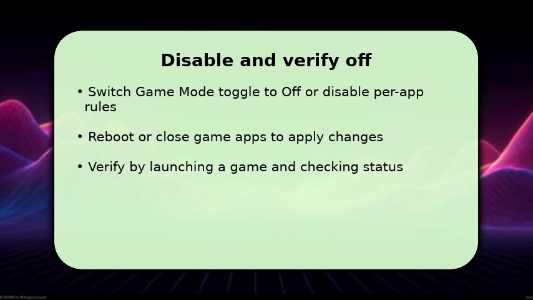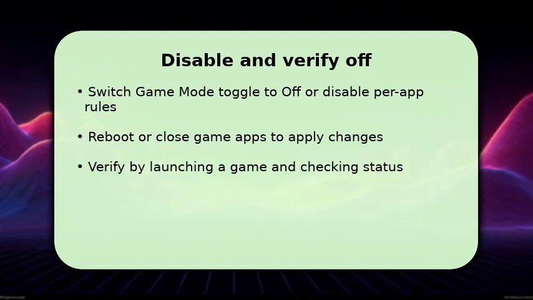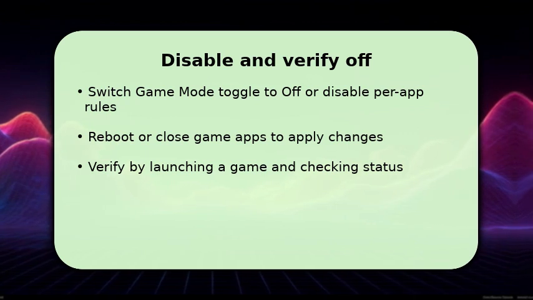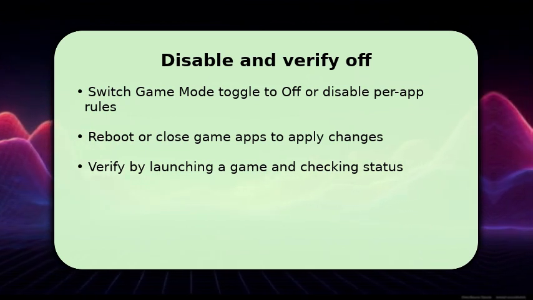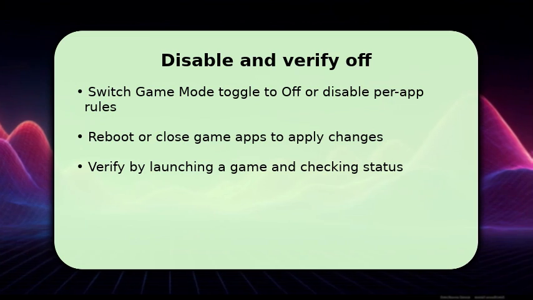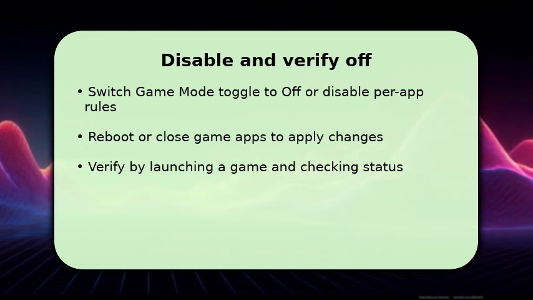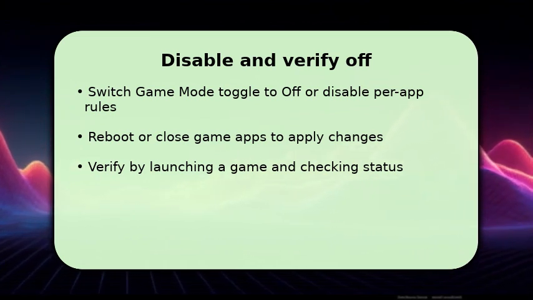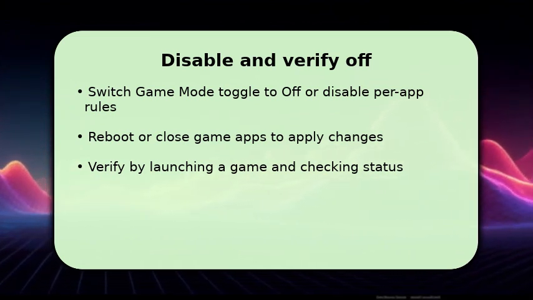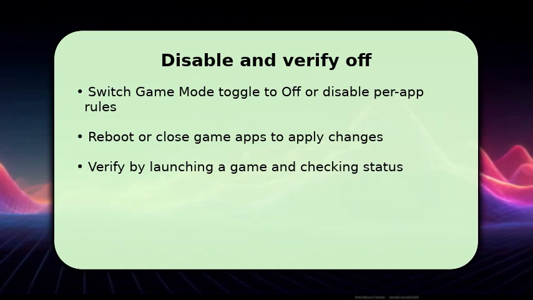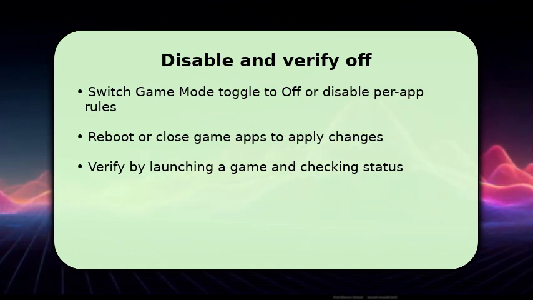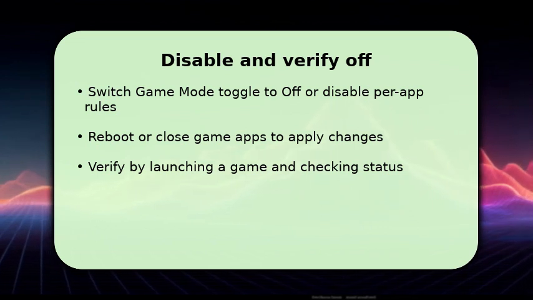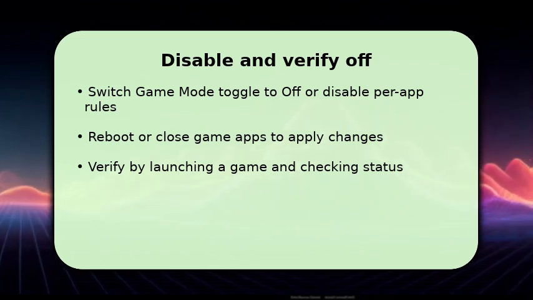After switching, close active games and reboot if the device still seems optimized for gameplay. A restart ensures all system services reload without the gaming profile. Once the device returns, launch a game briefly to verify the behavior changed. Look for restored notifications and standard CPU or network management. If settings revert or effects persist, check for vendor utilities or